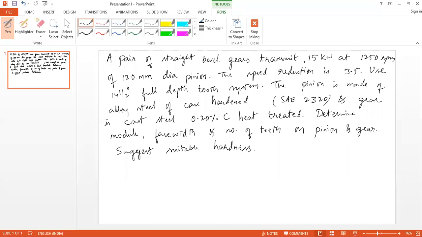A pair of straight bevel gears is to transmit 15 kilowatts at 1200 RPM of 120 mm diameter pinion. The speed reduction is 3.5. Use 14.5-degree full depth tooth system. The pinion is made of alloy steel, case hardened, that is SAE2320, and the gear is cast steel, 0.2% carbon, heat treated. Determine the module, face width, and number of teeth on pinion and gear, and suggest the suitable